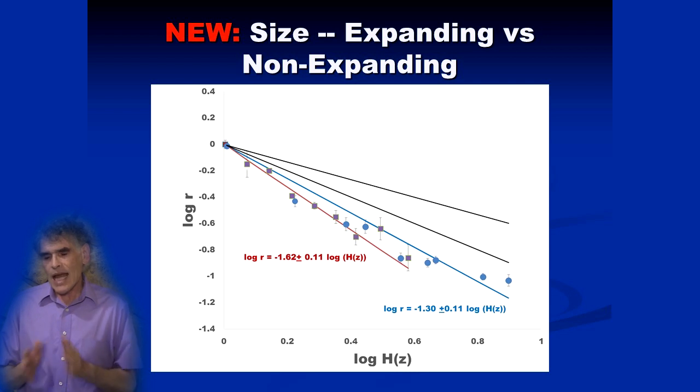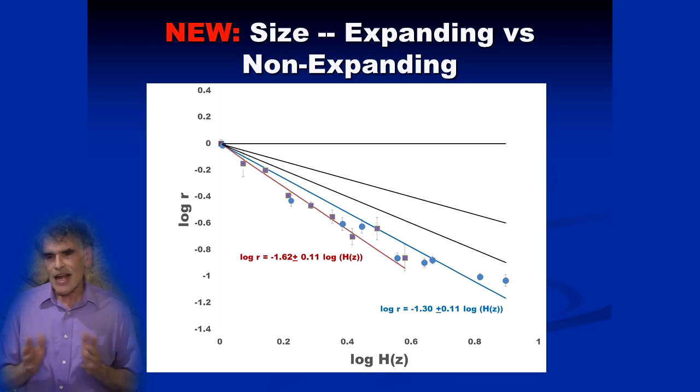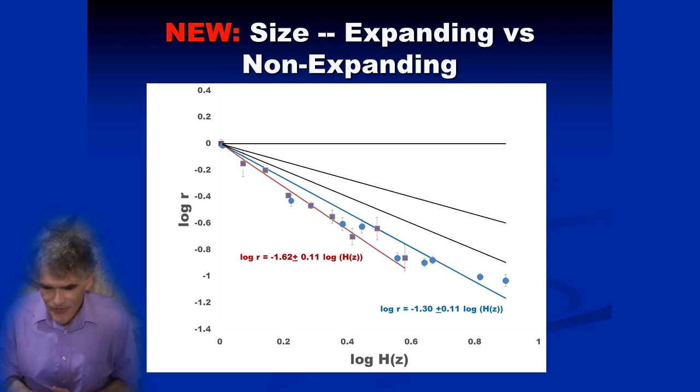So what happens if on the same graph we look at the predictions of the static universe model? And static, by which I mean simply non-expanding. It can very well be evolving, but it's not expanding. Just like our Earth is evolving, but not expanding. So if we look at the prediction, it's a very simple flat line at 0. In other words, there is no change in size with redshift. So we look at how the data fit,